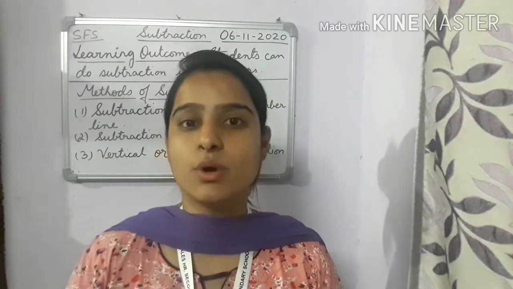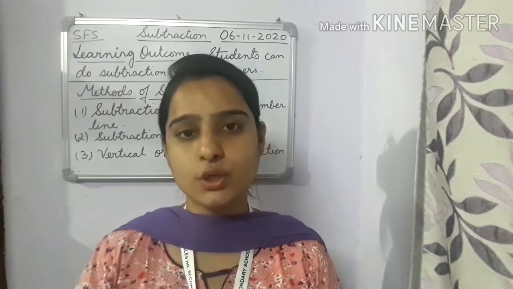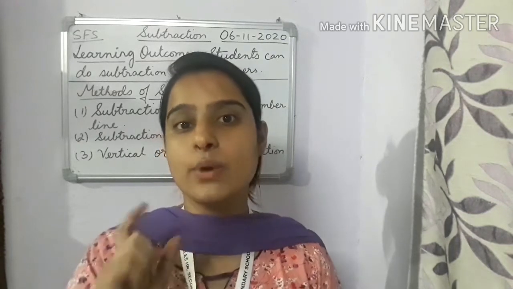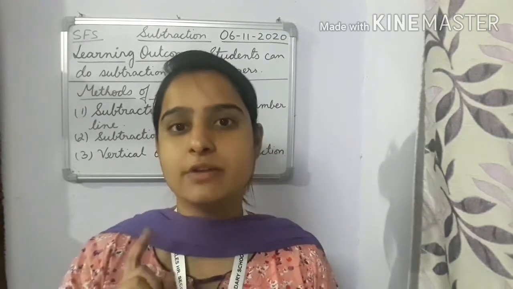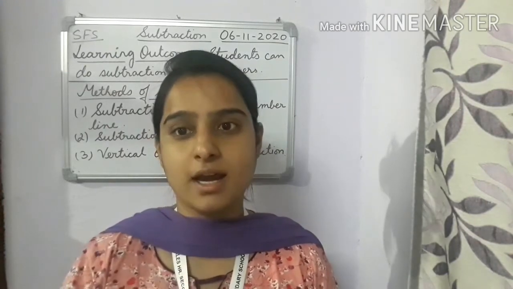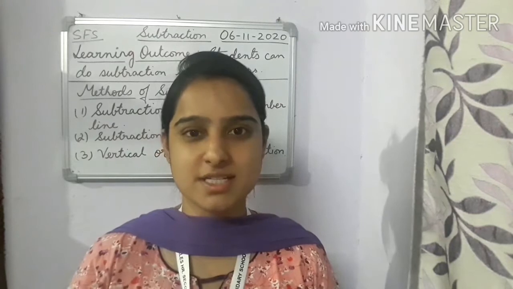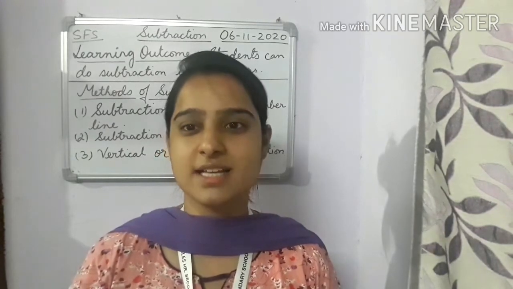So children, you just follow my instructions. What I tell you, you follow that. What we are going to do is, I'll show you the number in the form of my fingers. I'll open my fingers and you have to understand which number it can be. And it will be one digit number, that is from 0 to 9. Or you can say from 0 to 10. Okay? So let's start, and you can write the answer in the copy. It is very interesting, children. So let's try. Let's do it.